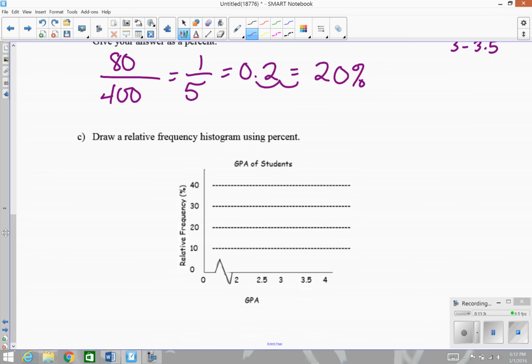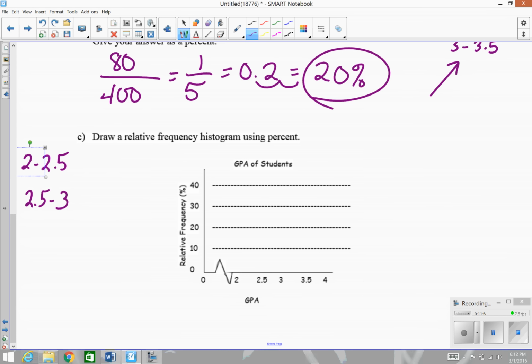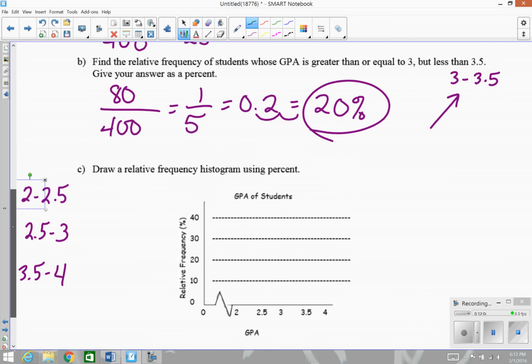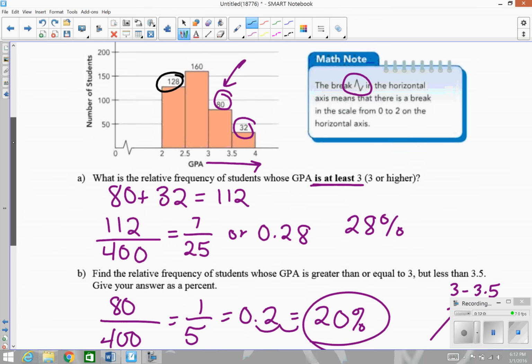And now they want us to create a histogram using percents. So the one up top just had number of students, but now we want the relative frequency given in percents. So we need to figure out that range from 2 to 2.5, 2.5 to 3. We already have 3 to 3.5 here. And then we need 3.5 to 4. So if we look up at our histogram, 2 to 2.5 was 128